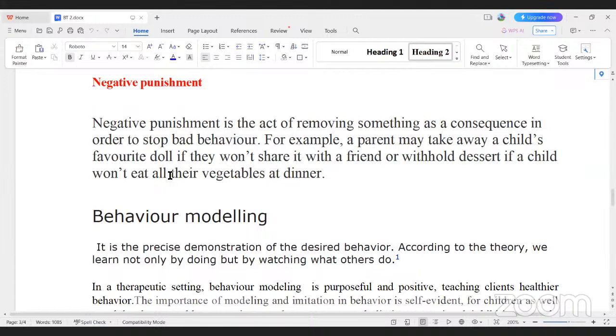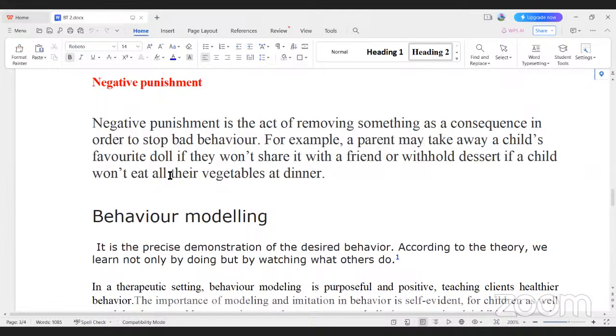Earlier, you were watching TV daily for 1 hour. Your behavior is not good. What will the mother do? Today I am cutting your TV watching time. So what will the child do? To enjoy the TV time, she will improve her behavior because she doesn't like cutting her enjoyment time. So she will try to do the work in time. So like this,